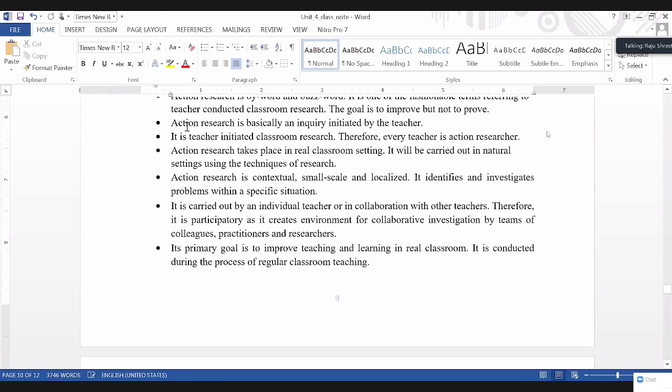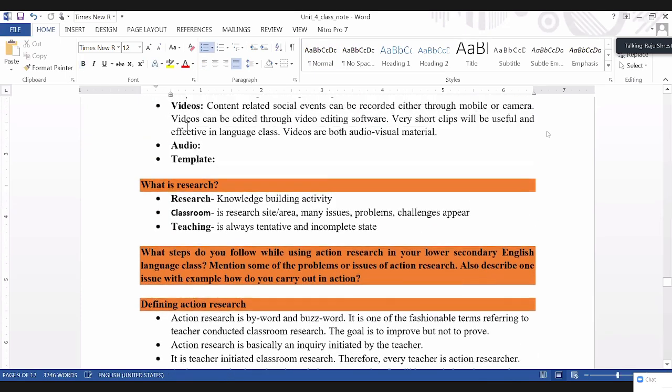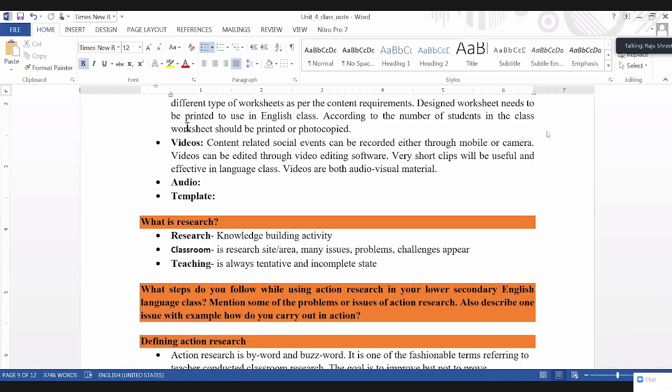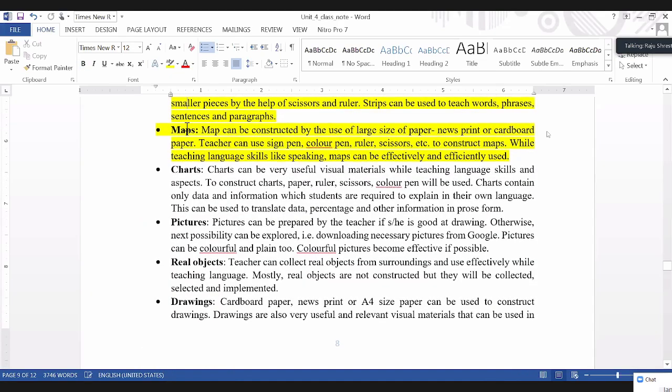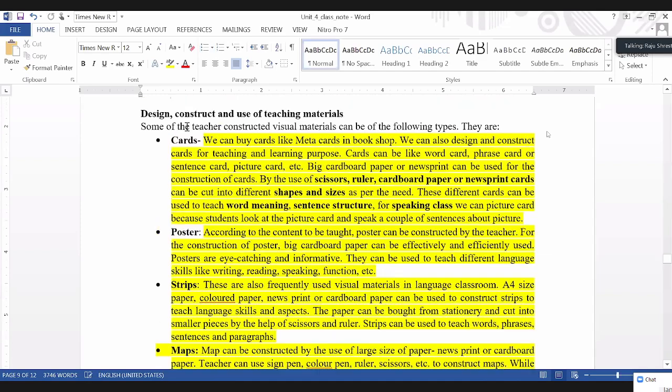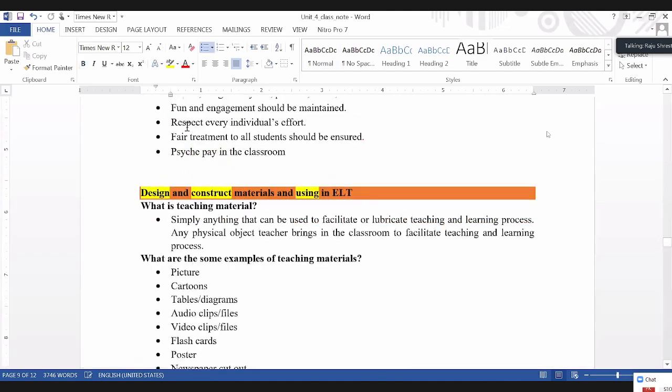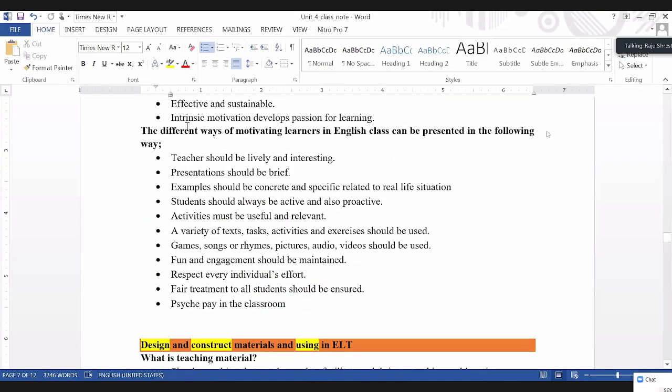Now, yesterday we discussed design, construction, and use of material, as well as games to stimulate or motivate students in the ELT classroom. And then different techniques of motivation in the English language classroom, like the teacher should be lively and interesting, presentation should be brief,